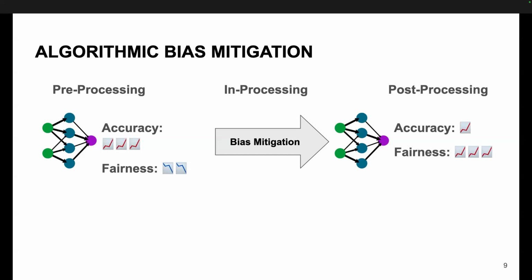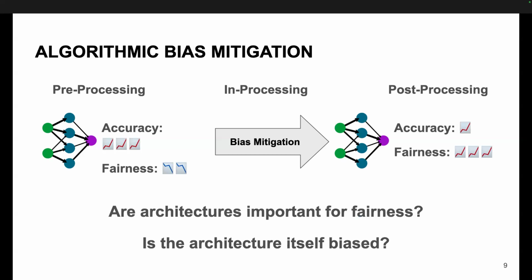Rhea and I and our co-authors were thinking about how that is maybe an ill-posed design to begin with. You're starting with something broken and trying to fix it. What if we just come up with something from the beginning that has the properties that we're already interested in? That caused us to think about how the architecture plays a role in fairness properties of these systems, and whether the architecture itself is biased, and if so, how we can exploit that to use different AutoML methods to find architectures which have the properties that we want from the get-go.